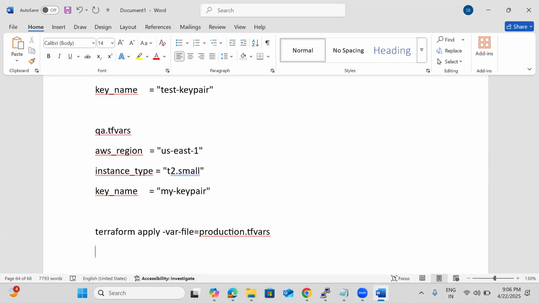So what is the advantage with that? For specific systems, we can pass specific values. For the different environments, with the same TF files, I'm passing different values. Instead of passing from the command line, it is better to keep them in files. And if any modifications are required, you can directly change them in the QA settings. If you want to modify QA, we can change it, and if you want to change production, you can change that. So that is the advantage of using